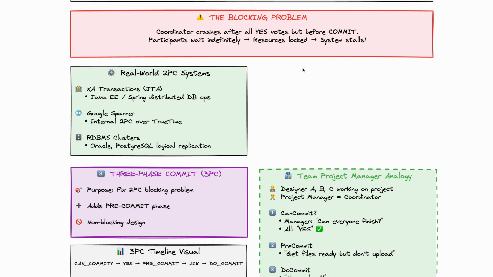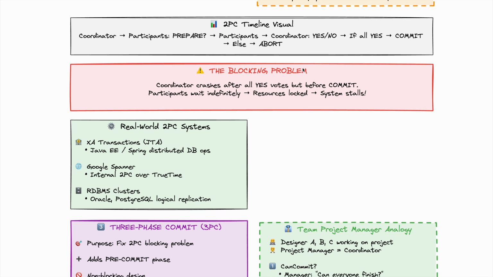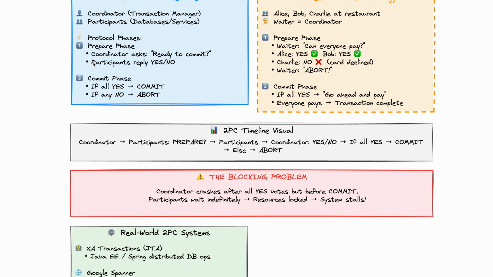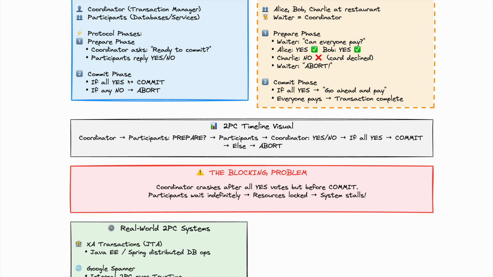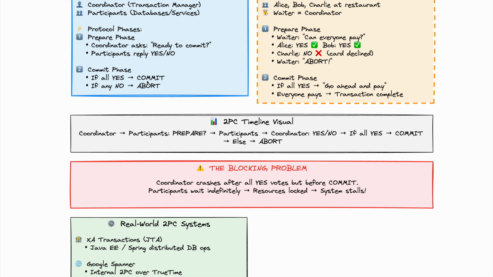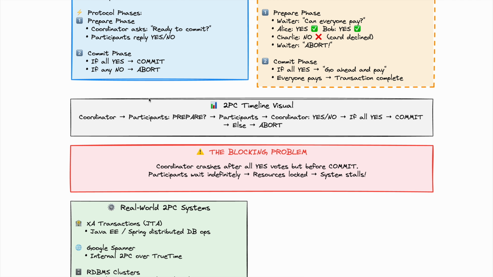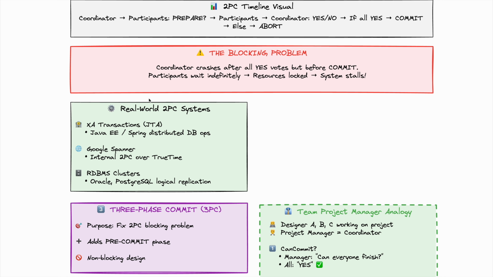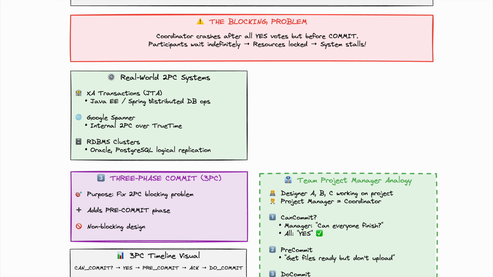For example, let's say that in the first phase we have received yes from all of the participants, and in the second phase the coordinator crashes and cannot commit the transaction. Then in that case, all resources are